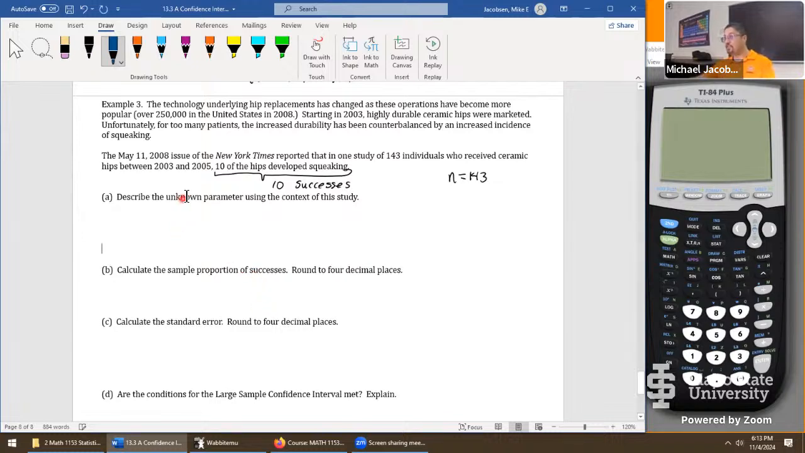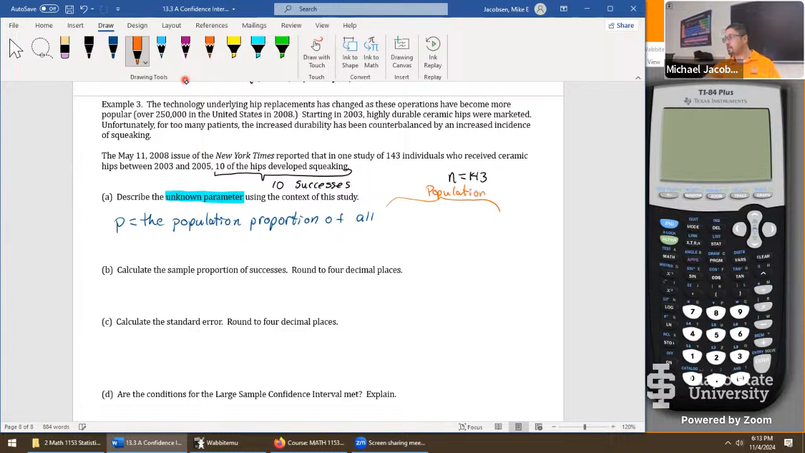With all that in mind, we can now define the unknown parameter. When it says unknown parameter, in this context, categorical data, it's P. Actually, let me go this way. We'll say P equals the population proportion of all, and with whatever goes here, we're mentioning the population. So I guess that's a question in and of itself. Has anyone spotted what the population is in this problem? Exactly. Specifically between 2003 and 2005, but we can let that part of the article carry our context and just mention the ceramic hips. So P is the population proportion of all